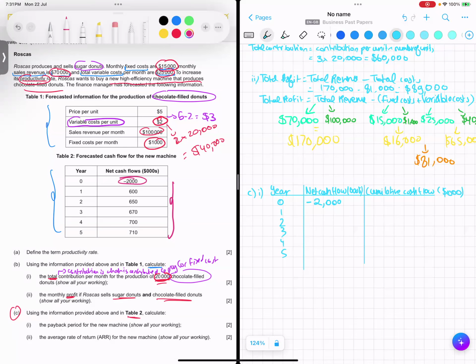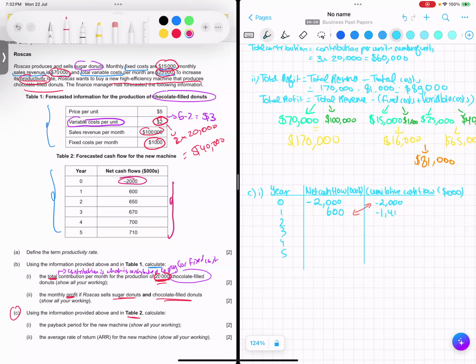So here we have minus 2,000 in year 0 because this is just when they bought it, not when they began. Then the first year they made 600,000, okay? It's better to have the numbers aligned, guys, so the examiner will think you're going in the right way. So now what you end up doing is subtracting this by this. What do I mean? You do minus 2,000 plus 600, or 600 minus 2,000, okay? So then here you end up getting